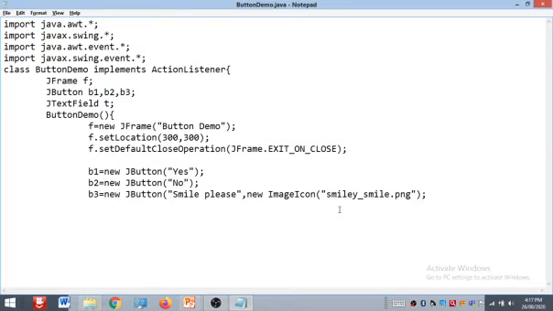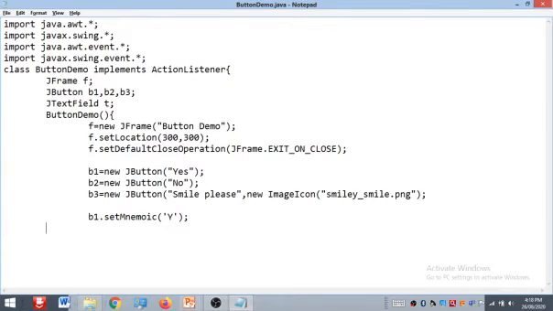Then after this, suppose I want to provide the mnemonic shortcut keys. We can do this by using the setMnemonic method, and which things do we want to use as a shortcut key?